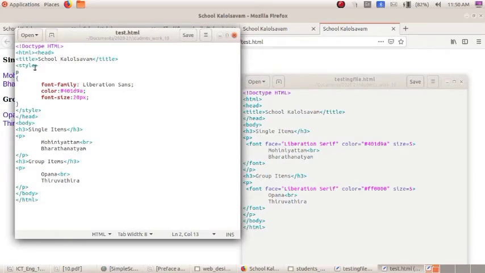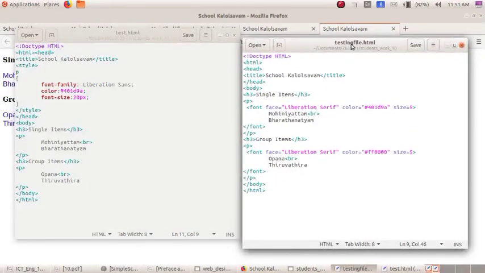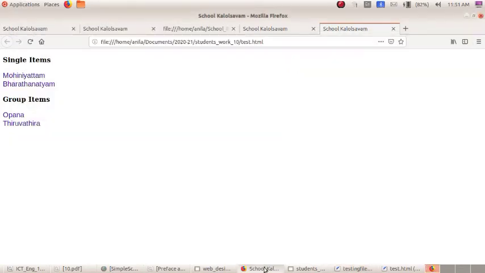Its name is style, and we have included a P tag. Then we have given the items that we want to edit. Then I have closed the style tag. So dear children, by seeing the output, did you feel any difference?